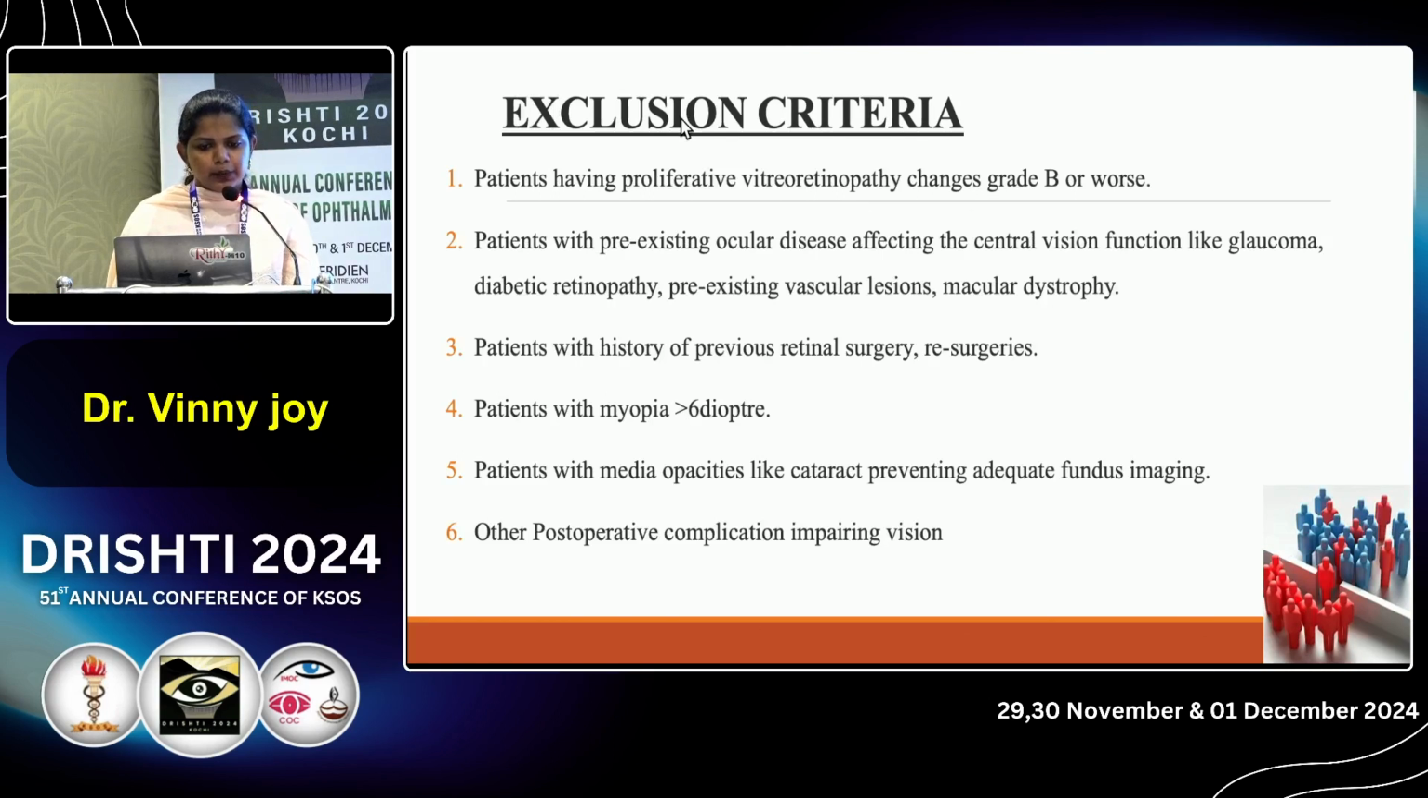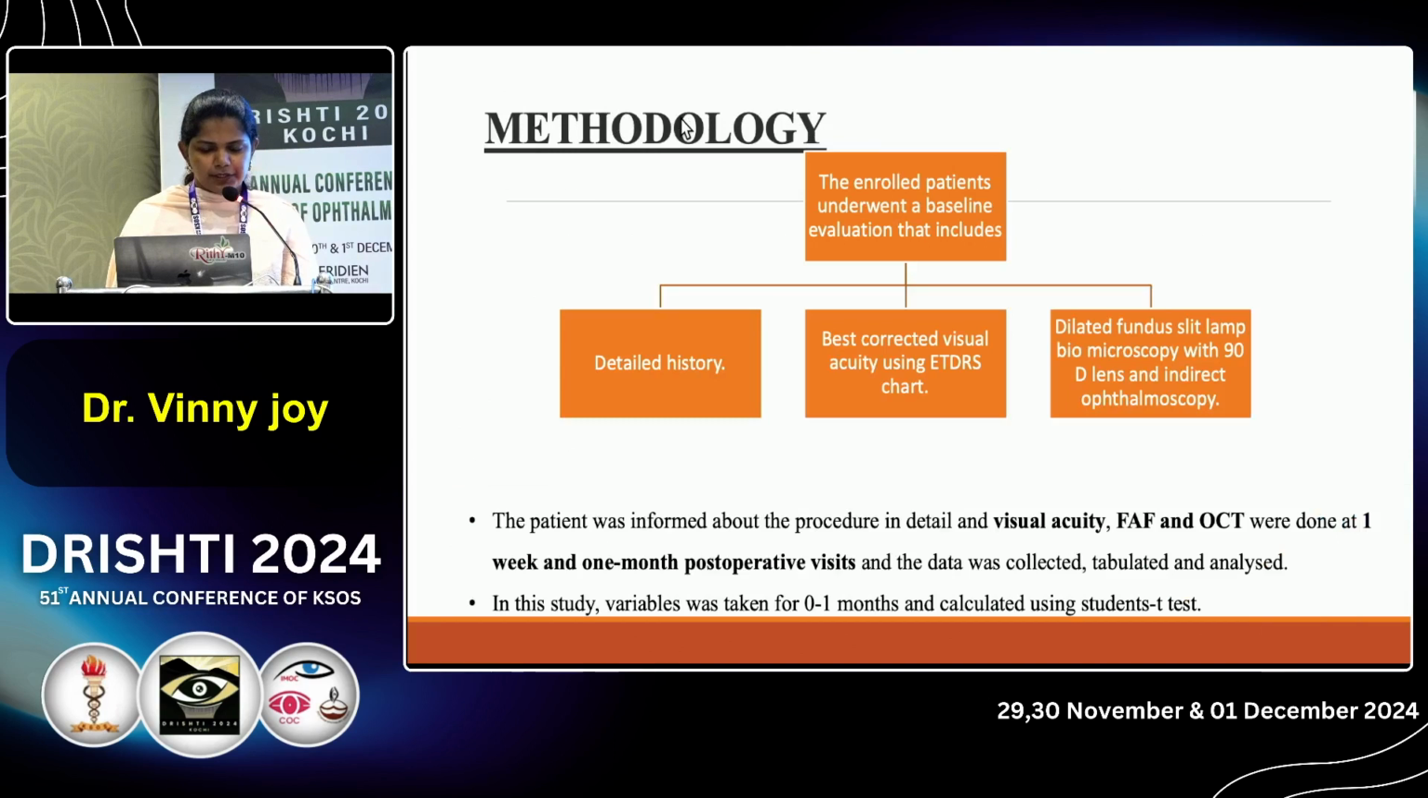Exclusion criteria include patients having proliferative vitreoretinopathy changes grade B or worse, patients with pre-existing ocular diseases like glaucoma, diabetic retinopathy, etc., patients with history of previous retinal surgery or resurgeries, high myopes, patients with media opacities, and other postoperative complications impairing vision. Methodology: the enrolled patients underwent a baseline evaluation that included detailed history, best corrected visual acuity